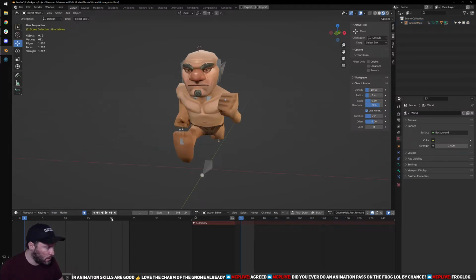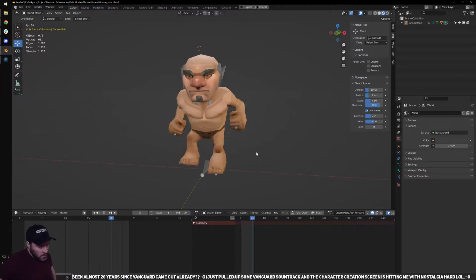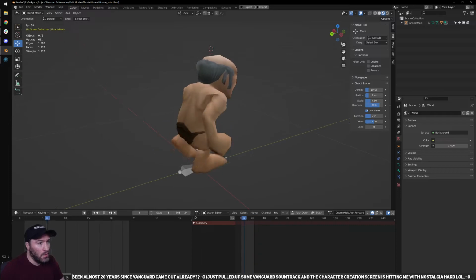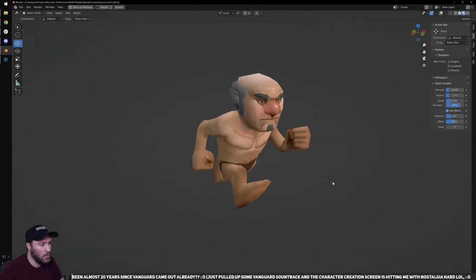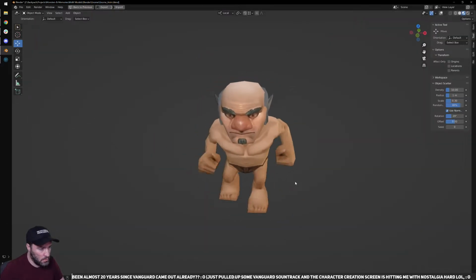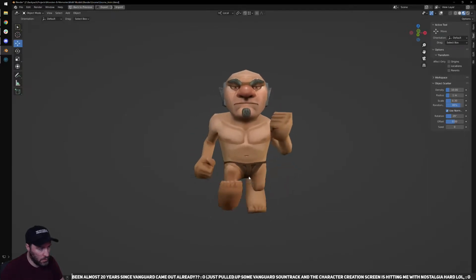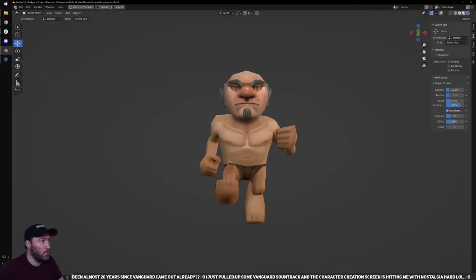All right, let's see how this looks. Well, that doesn't look amazing, but it's something. Definitely, it's obviously round one, so